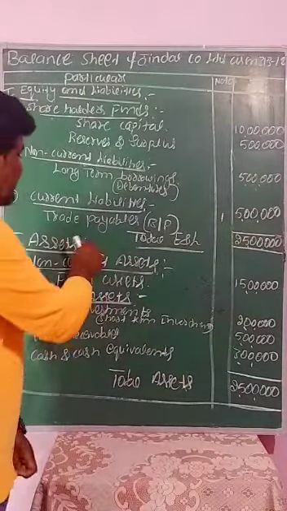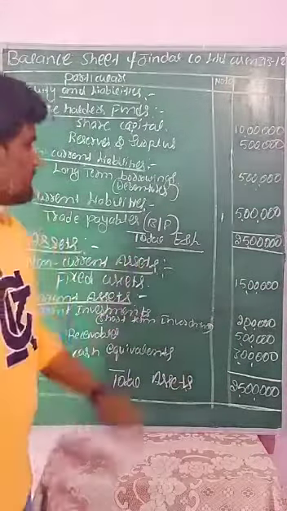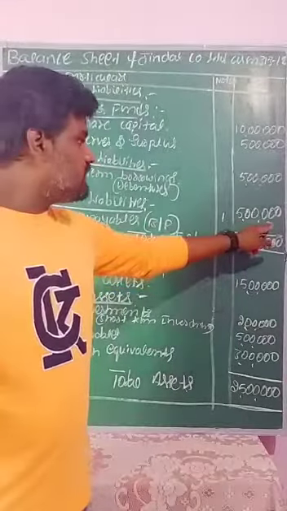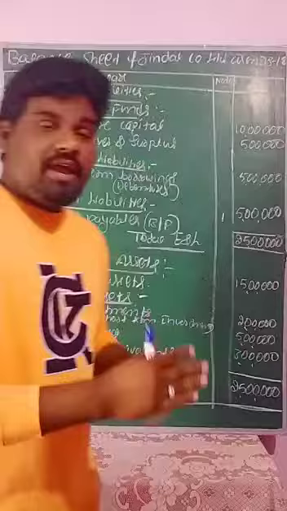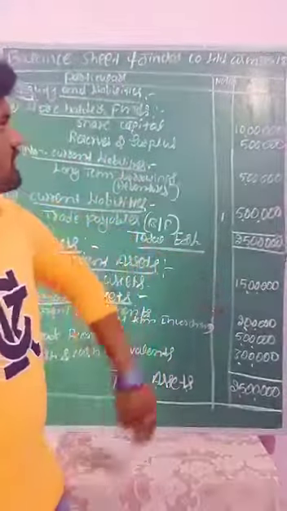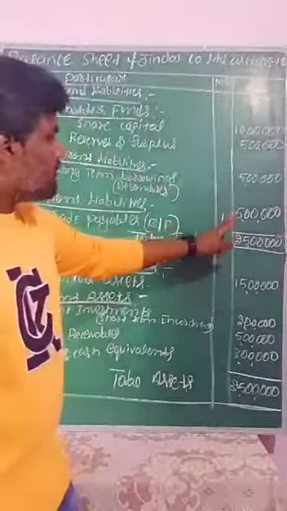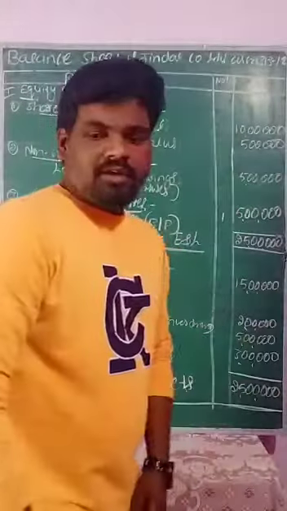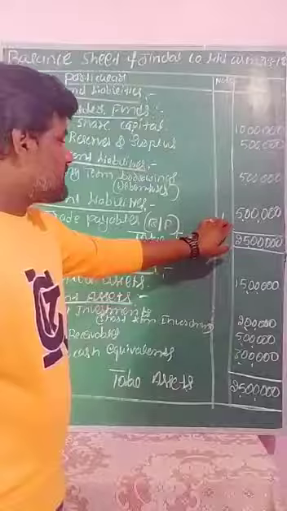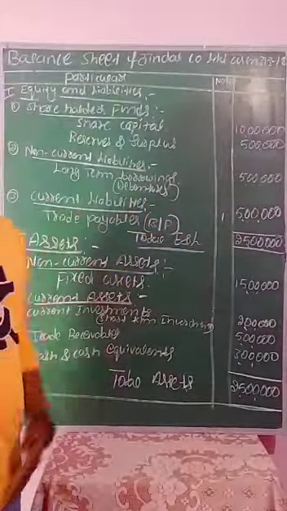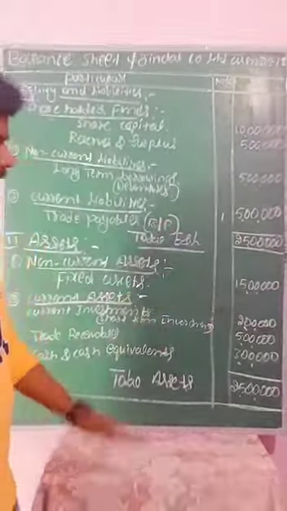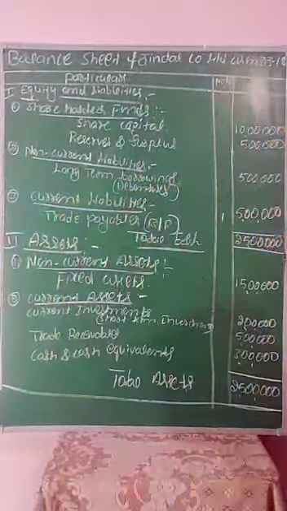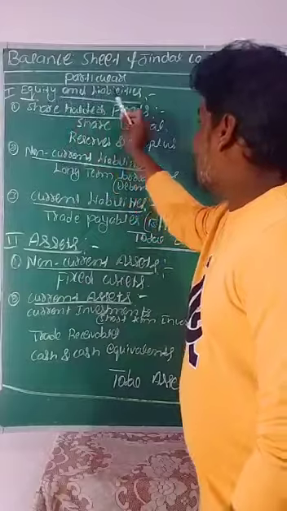So here, the trade payables. In the trade payables, total 5 lakhs rupees. These 5 lakhs rupees include the creditors value as well as the bills payable value. So in that note column we have to write 1. Why? Because in that note number we have calculated complete and detailed information regarding these trade payables values. So as per the given information, we have recorded all the transactions related to equity and liabilities.